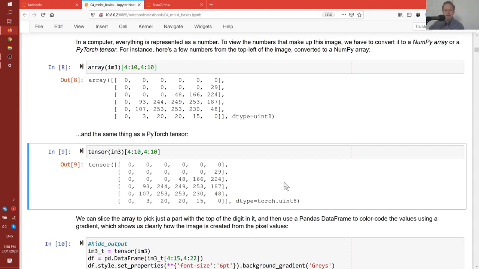But the key thing is that a PyTorch tensor can also be computed on a GPU, not just a CPU. So in our work, in the book, in the notebooks and in our code, we tend to use PyTorch tensors much more often than NumPy arrays, because they have nearly all the benefits of NumPy arrays, plus all the benefits of GPU computation, and